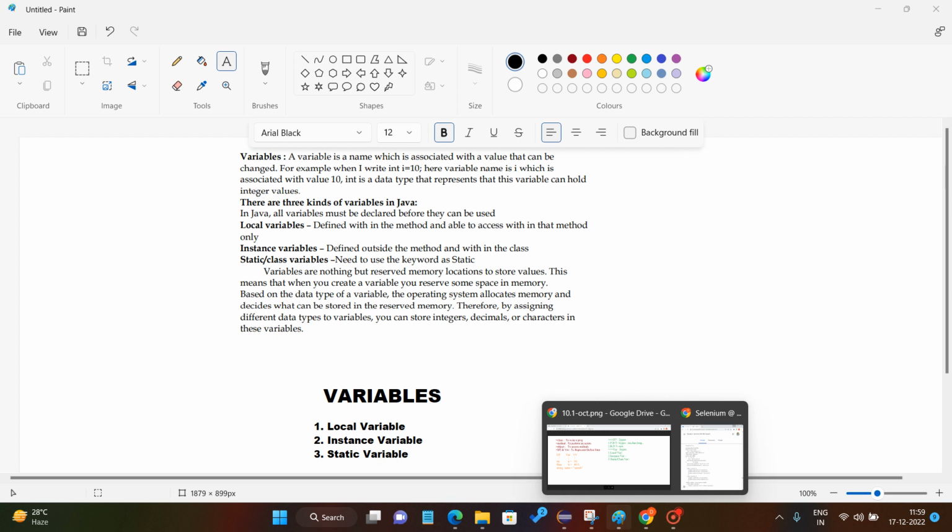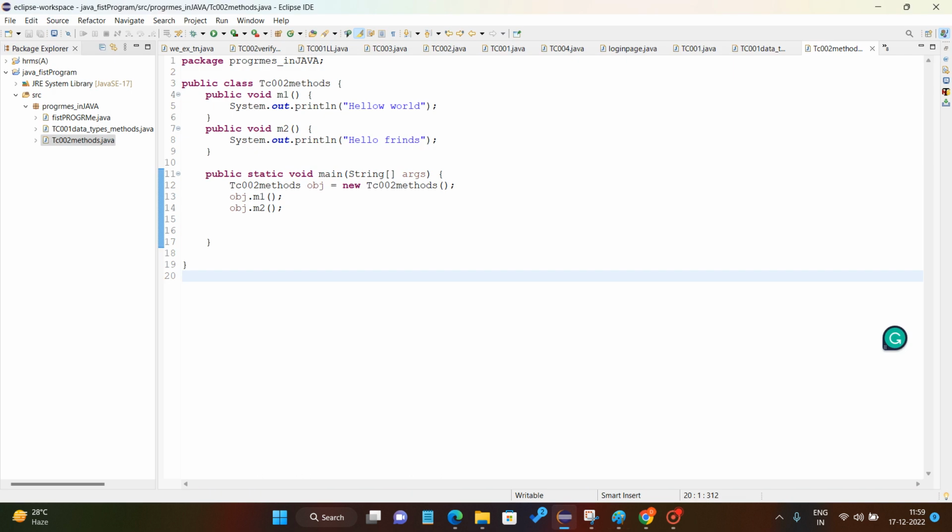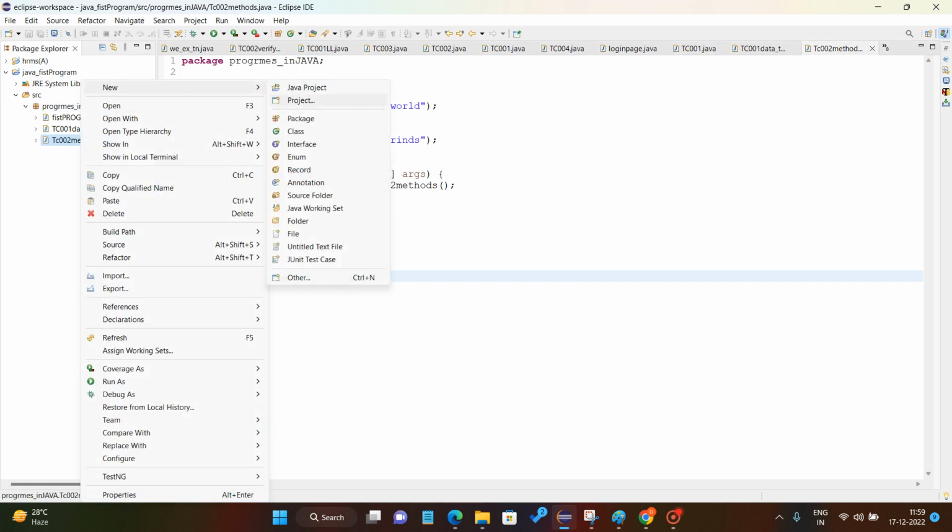I will explain theoretically, and I will also explain practically, so it is more understandable. I will create one project, one package, and one class. The class name is